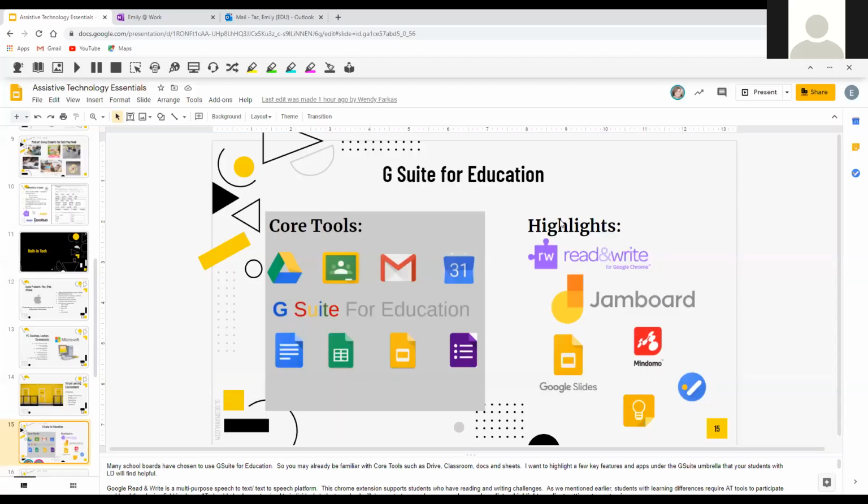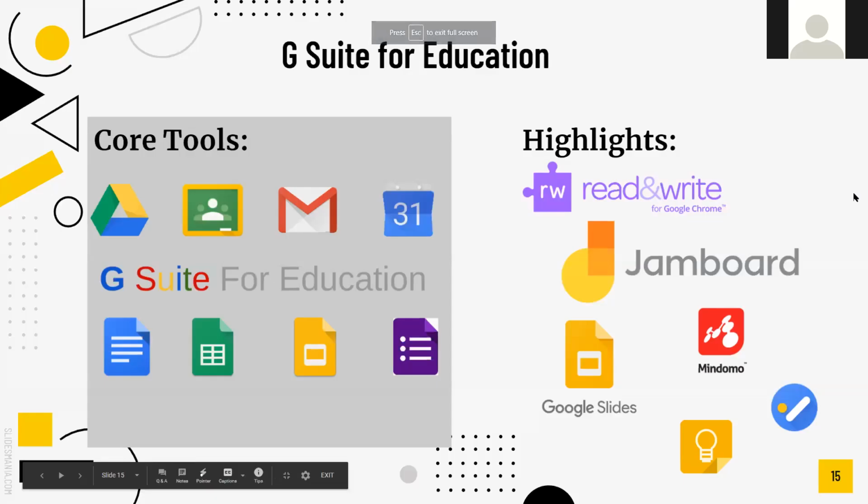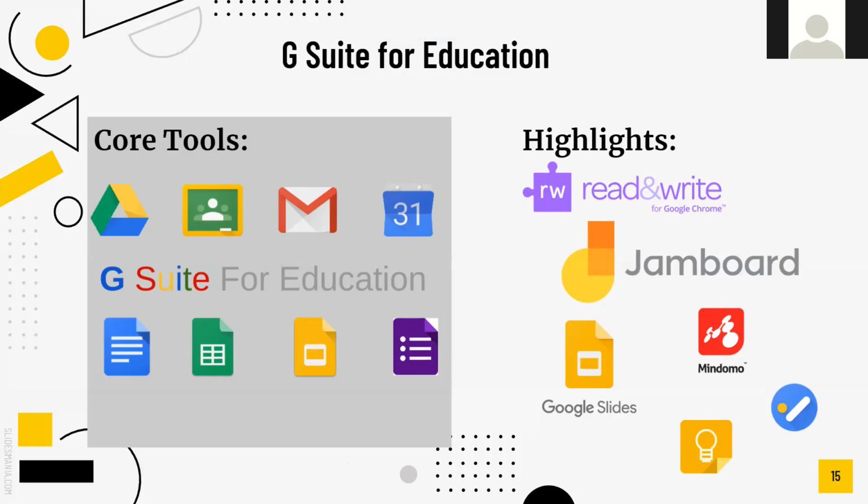No problem. Okay, now returning back to our main slide, you can put it back into presentation mode. A couple of other great tools that are part of G Suite. So Jamboard. Jamboard is an interactive whiteboard that facilitates real-time collaboration. Participants can work remotely from various locations on their Jamboards. It's a really great tool for encouraging student collaboration, design thinking, and brainstorming, but it's also a great platform to